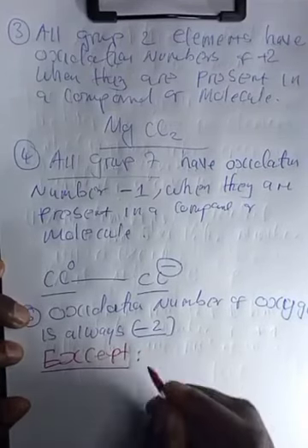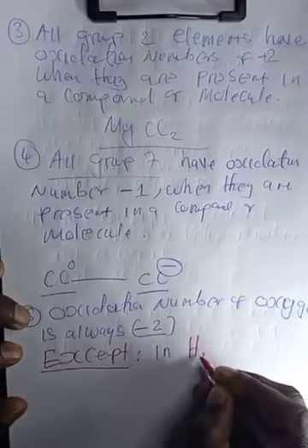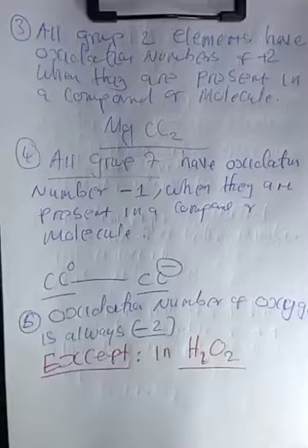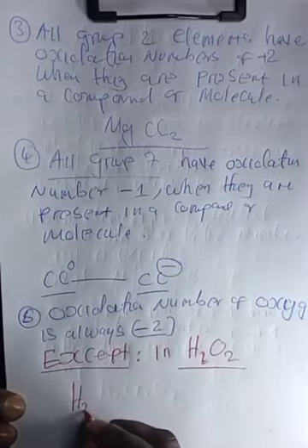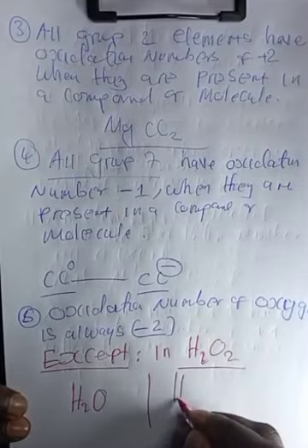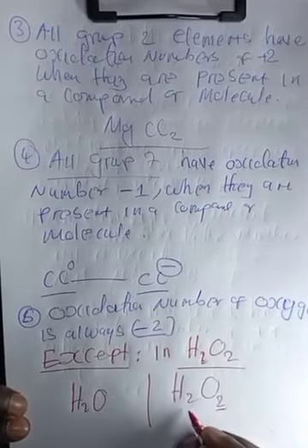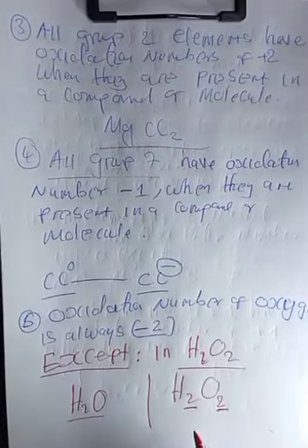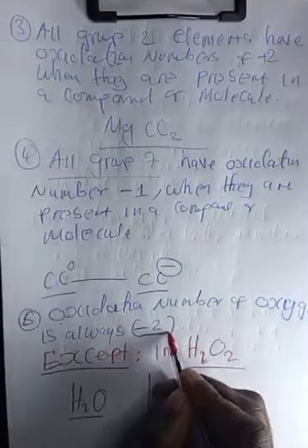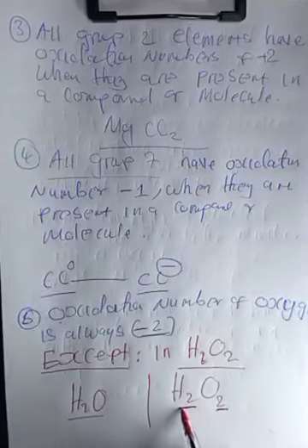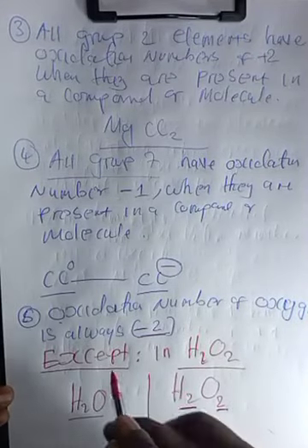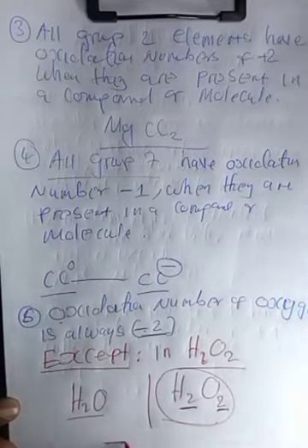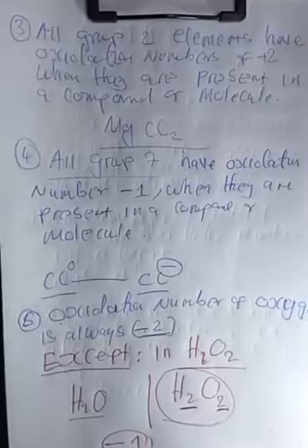Except in hydrogen peroxide. So this is hydrogen. You should know how to differentiate a water molecule and hydrogen peroxide. Water is like this one here. But in hydrogen peroxide, we have 2 oxygen as well. We have a 2 here, 2 here, but this is water. So we should know that the oxidation number of oxygen is always -2, except when this oxygen is in hydrogen peroxide. So in hydrogen peroxide, it is -1. So take this seriously, very, very important,